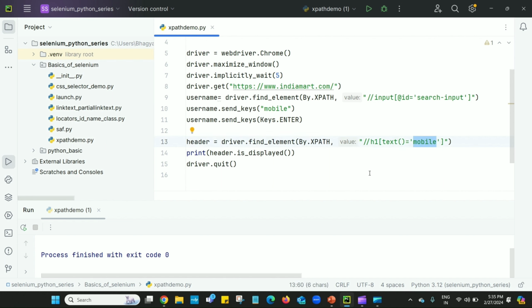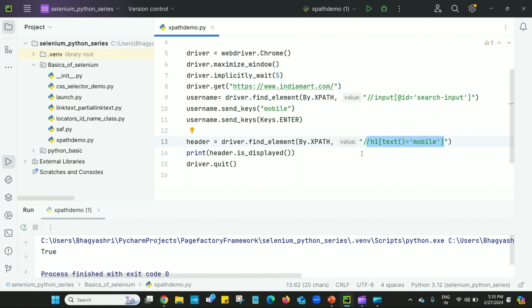That's why it was giving no such element exception. But now we are applying this implicit wait, so it will wait for 5 seconds. By using implicit wait, we can avoid this no such element exception. Basically, implicit wait is a global wait, meaning it is applied to all elements on the page. Here I have declared this implicit wait at line number 7.